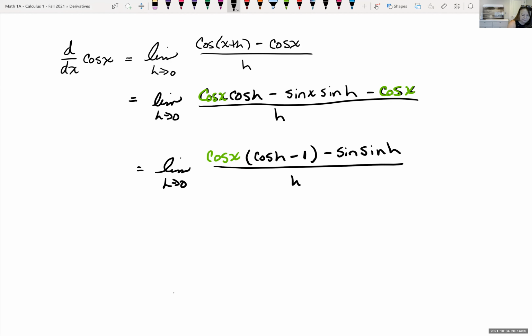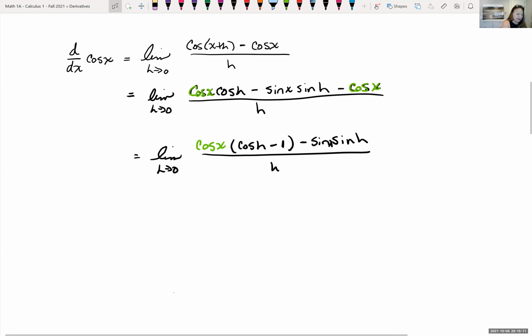We haven't taken the limit, so we're going to just bring that down. Oops. Should have been sine x. So again, we can break this down as two separate fractions, and we can pull the pieces of that function that doesn't have an h in it in front of the limit. So using our rules, we can rewrite this as cosine of x